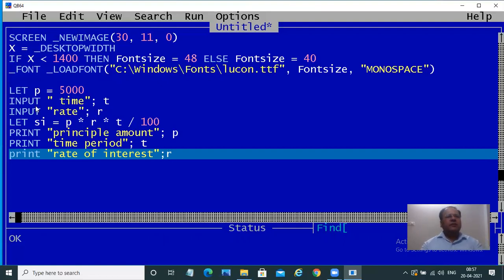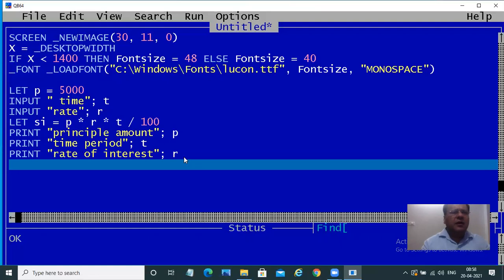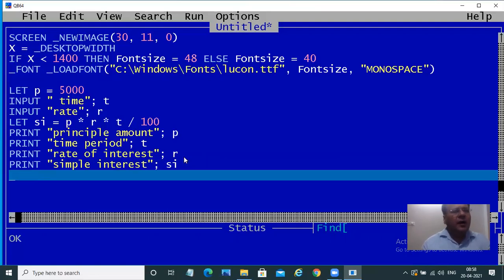So like we have inputted these values after calculation, we have printed this, and along with this, now we'll also print the simple interest to SI, and if you want, we can also calculate the total amount.